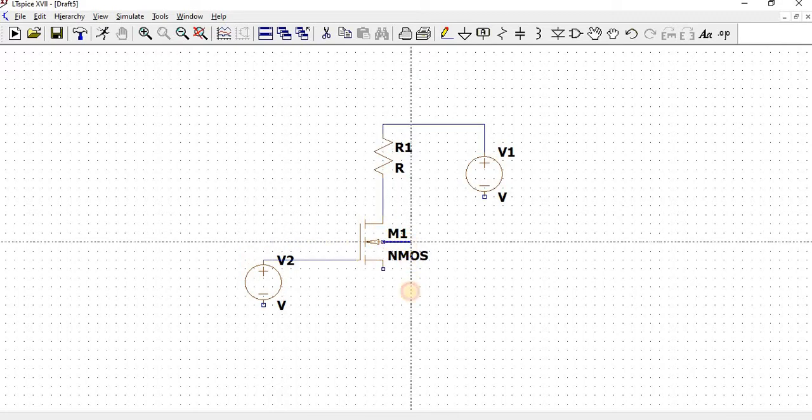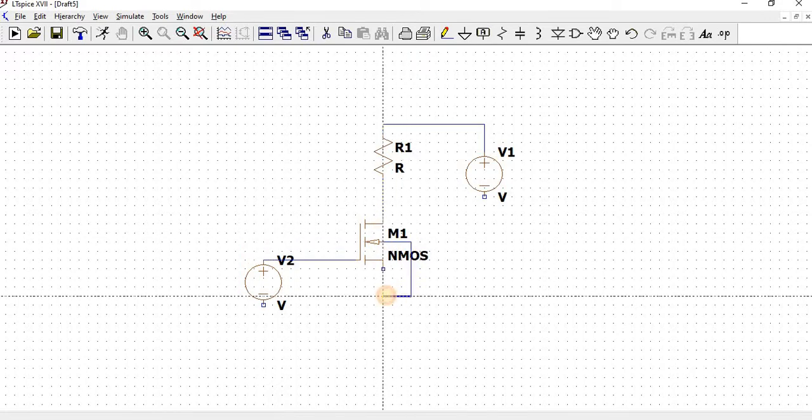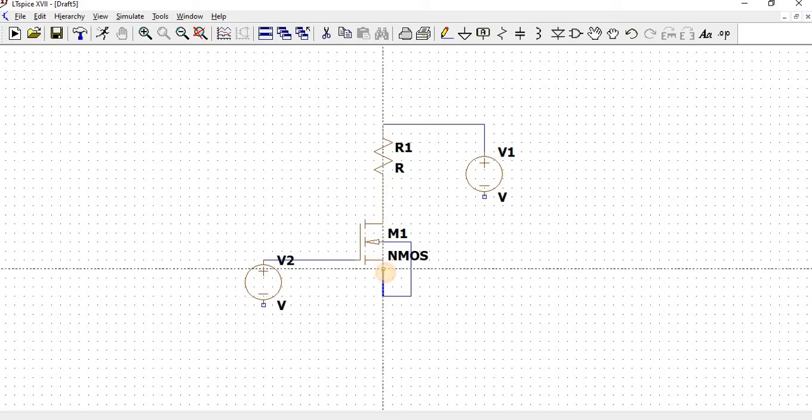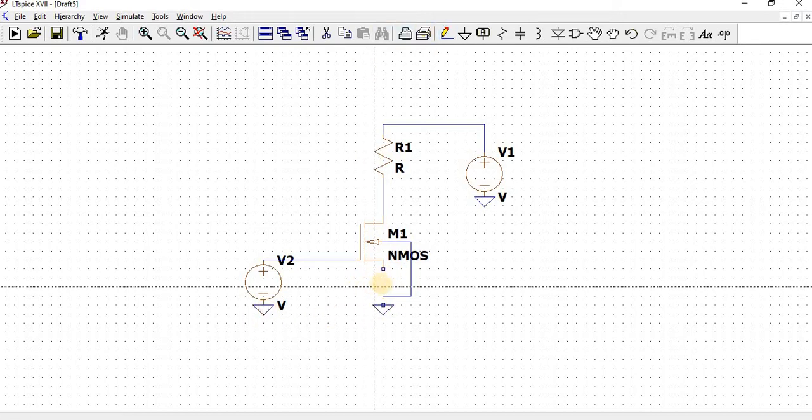As you know, the substrate and source of the NMOS are connected to ground. Now provide the ground. Connect it.